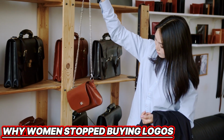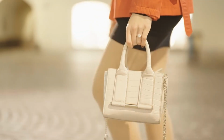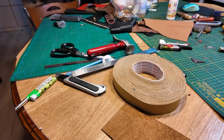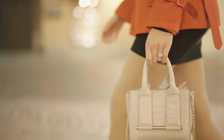There's a specific reason smart, financially savvy women stopped buying the logo bag years ago. It's not about money, it's about math. A designer tote and a bag from one of these 8 brands can use the exact same leather, get handcrafted in the exact same Spanish or Italian workshops, and one still costs 3 times more purely because of a name